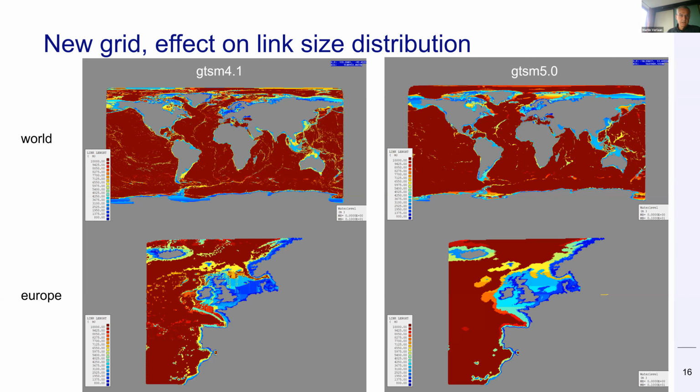Looking at the grid, you can see resolutions on the left, which is the 4.1 version, and on the right, 5. What you can see here is that it's much more smooth than it was. There's a bit higher resolution, and you can also see that we have most of the resolution near the coast, and also in some places where there is steep topography. That's the typical places where we put the